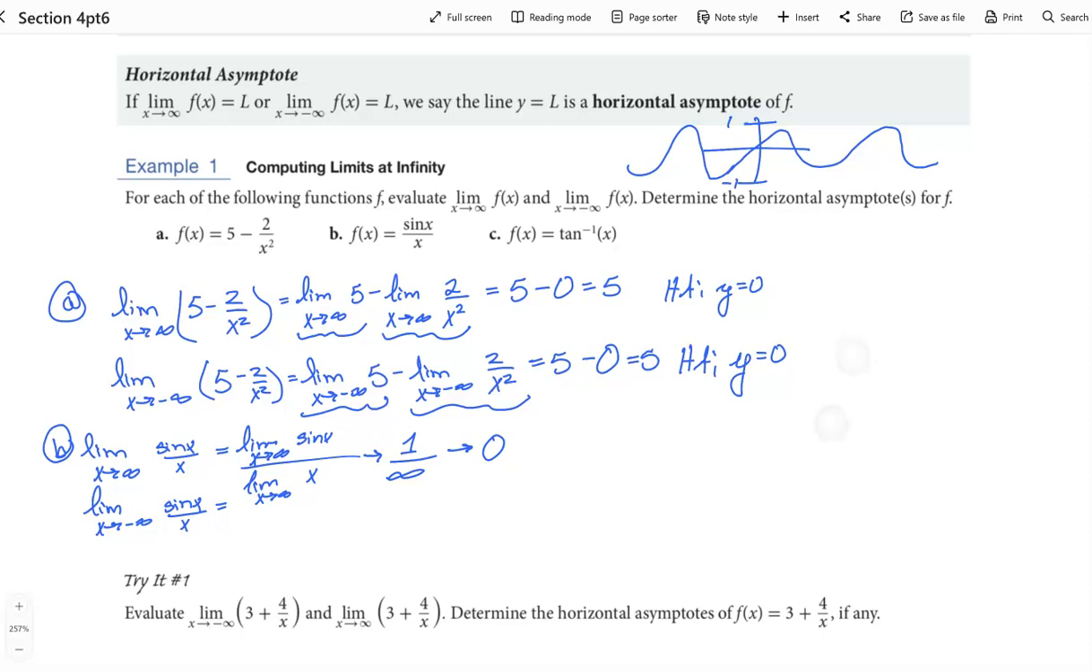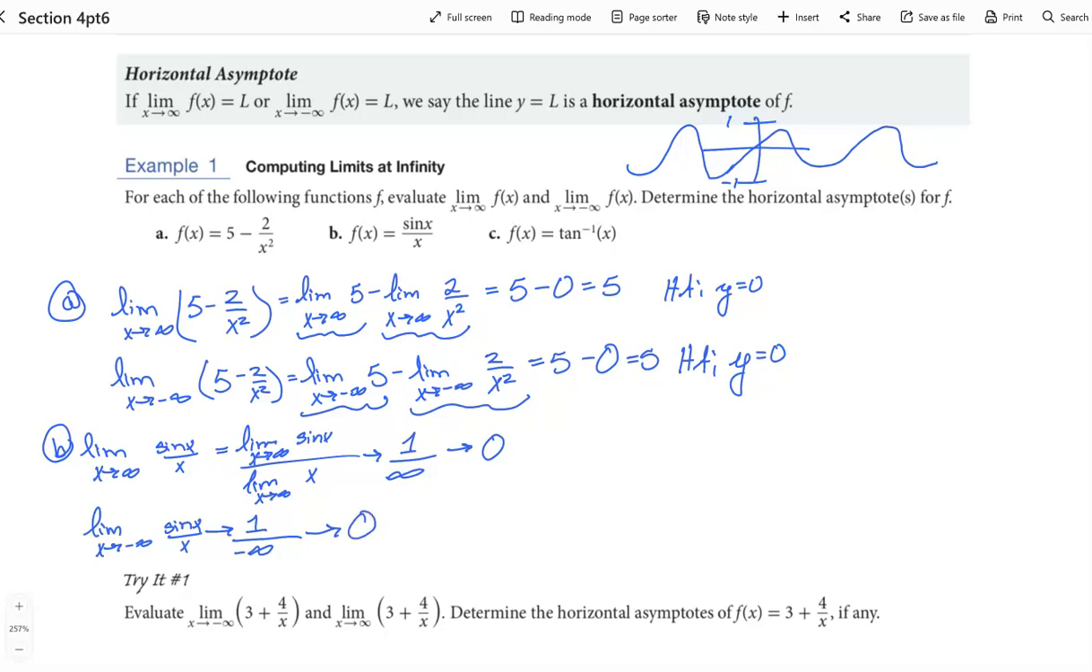Likewise, we could look at this the same way. As x goes to negative infinity, that sine is still bounded between negative 1 and 1, and that x value is getting smaller and smaller and smaller. So at most, this could be a positive 1. The smallest it could be would be a negative 1. That denominator is decreasing without bound. And if I take 1 and divide it by a super small number, like negative 1 million or negative 1 billion, I'm